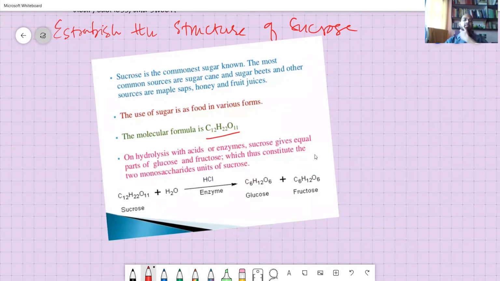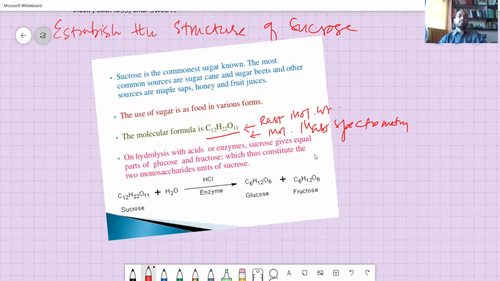One method you use in your organic lab is the Rast method of molecular weight determination. The easiest way is Rast molecular weight determination, by which you can determine this. Nowadays, we determine molecular weight using mass spectrometry. You will be reading about this in your future classes, but the analysis of any given compound is usually done by mass spectroscopy, which gives a clear picture of the molecule and some fragments. So that is done first.